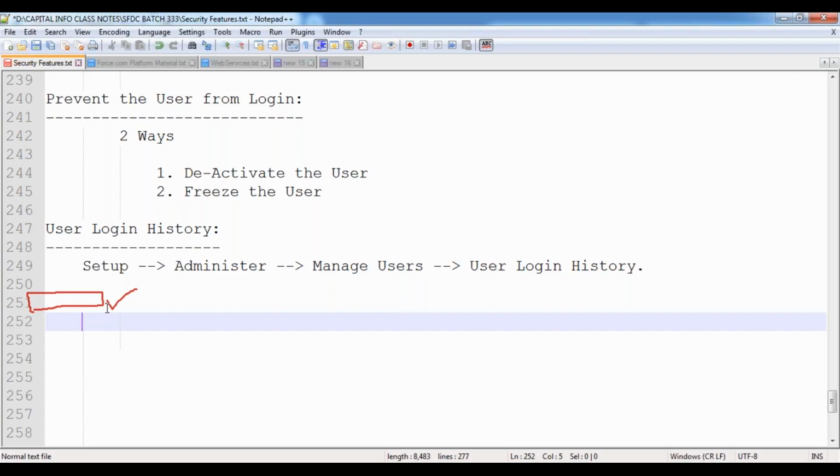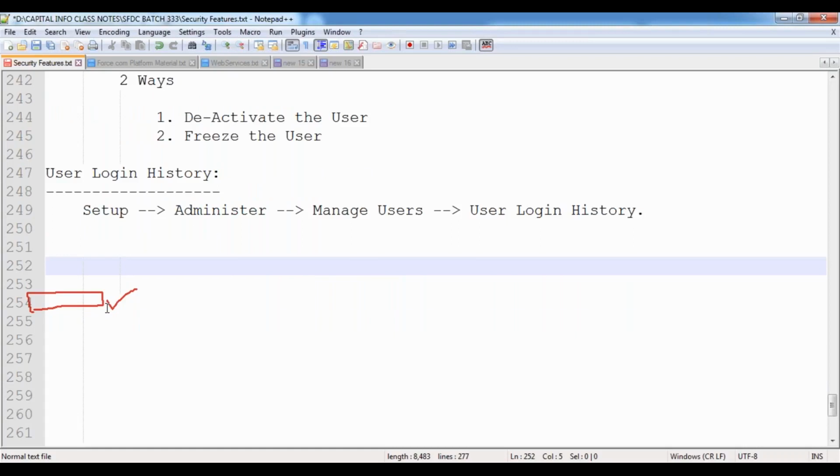So by using this user login history, we can track the users' login information for the last 6 months. In the past 6 months, everyone who has logged into our application, we are able to track by using login history. So whenever you are working on any real-time implementation on Salesforce, don't appoint any proxy. Don't share your Salesforce account credentials with a proxy person, because whenever the proxy person has logged into your Salesforce